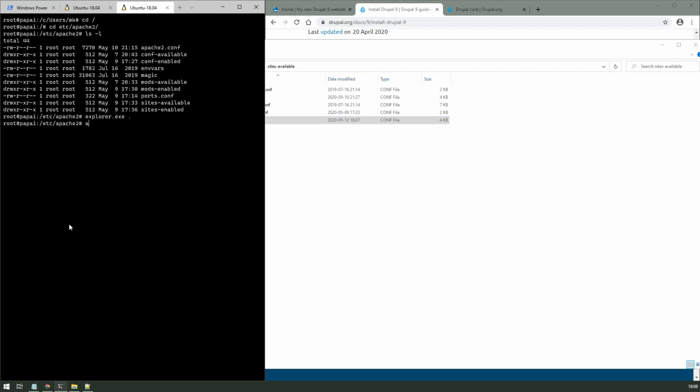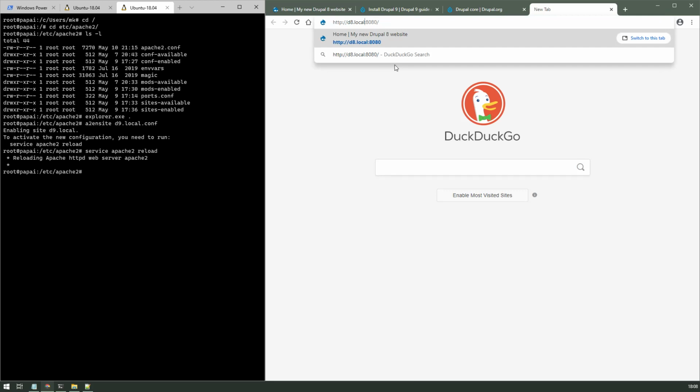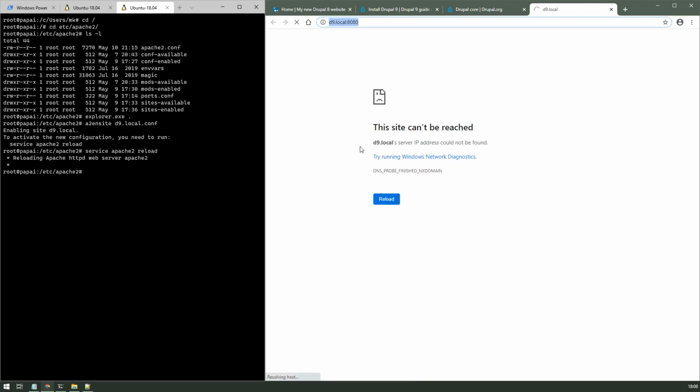So the command is something like a2ensite d9.local, and now we need to reload Apache. Reload. And now if we go to our new website, it will probably not work, and it won't because we need to add this address to our local hosts file, and since we are on Windows,